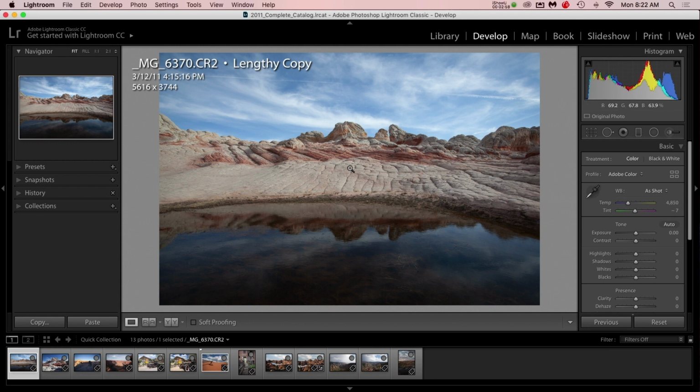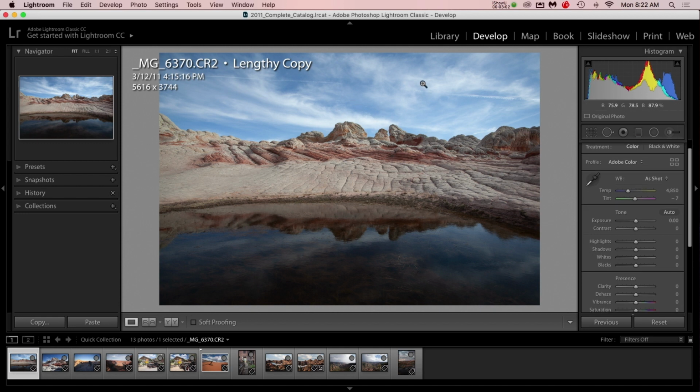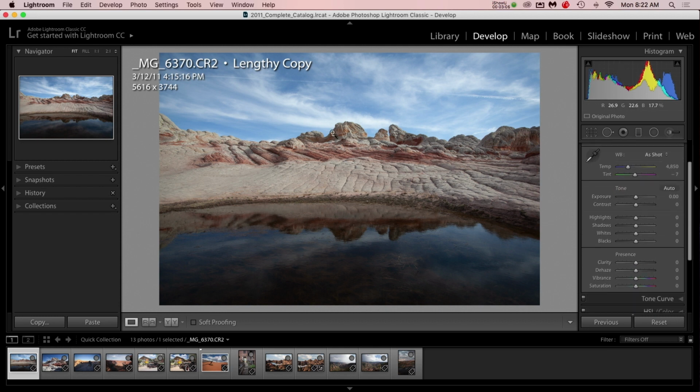So what do I want to do with this one? Let's see here. I'm going to do a couple of simple things. The sky's not blown out. It's not killing me. I'm not even going to touch the exposure. I think I'm pretty satisfied with that. I'm going to go down to clarity because I just want a little more definition. And I'm also going to go to dehaze, and let's take that up to 15 or 16